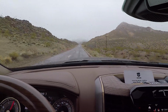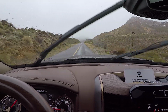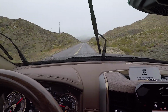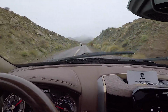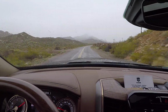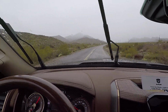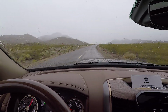We're going to go from 30 and just see what kind of acceleration we can get here. Up this hill, we're up to 40. This is a pretty substantial hill that we're going up. 41. A lot of weight on the back. I knew this was a straighter section, so I could really give it a shot. And now we're cresting the hill at 43, so it never had an issue. It didn't downshift. It did, because it was already downshifted when we hit the gas. But this truck had no issue pulling that. No issue